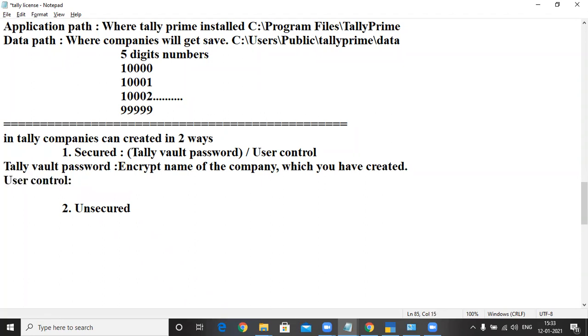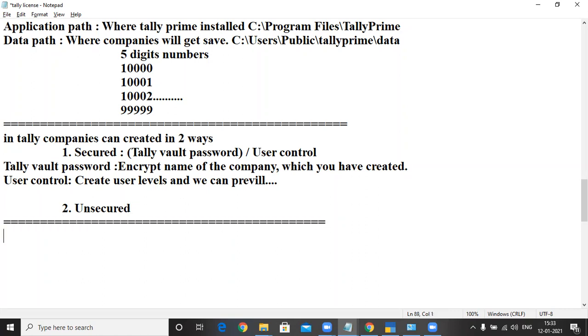You can create many users and you can assign different sets of passwords and also privileges. So create user levels and we can assign privileges as you want. So this is the concept, a simple method of how we can create a company.